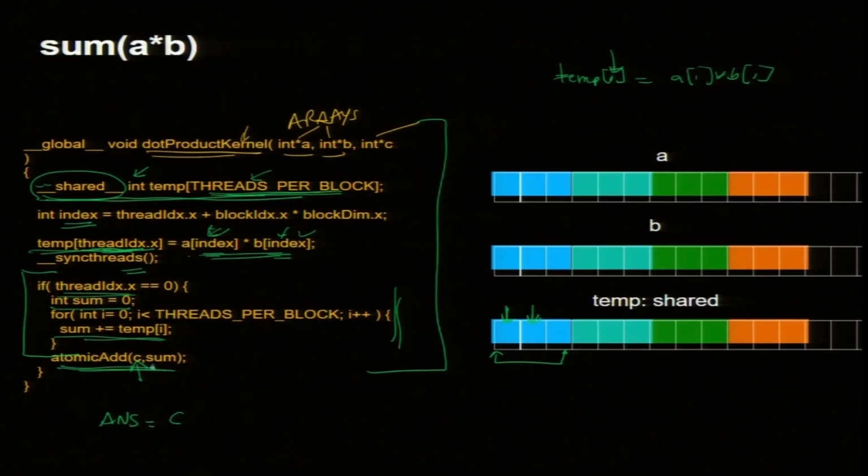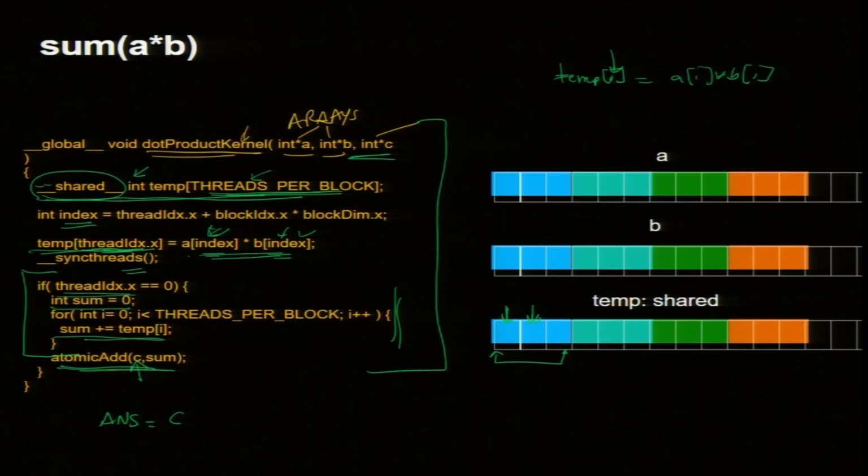This one line, because each of them you are not going to do in a loop, each guy is going to go to C, and if it is free then it will add it, if it is not free then it will wait until the other thread which is trying to add is finished with this work. Is that clear? This is the function which will give me C, which will be stored in global. This will be a global variable inside the GPU.